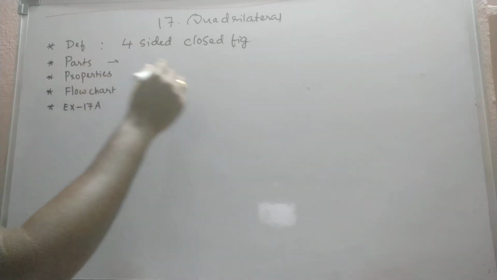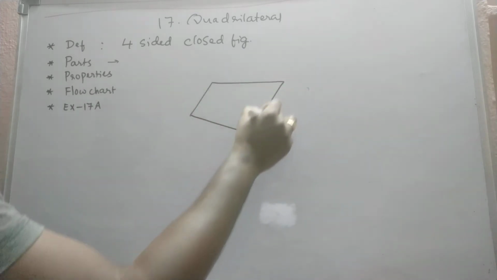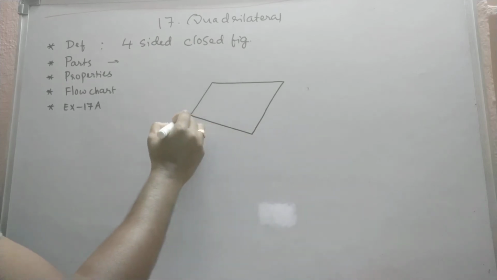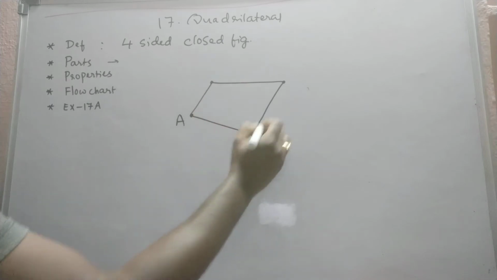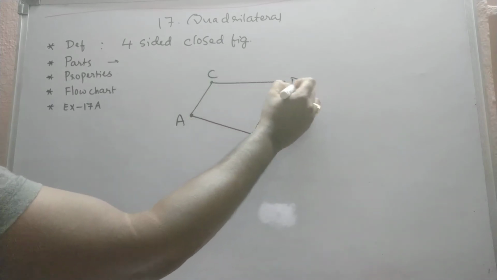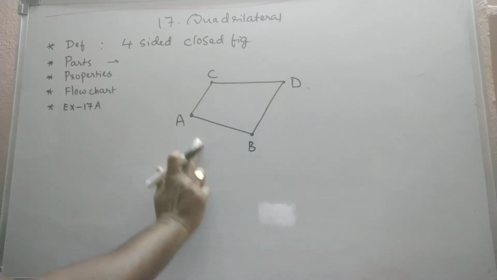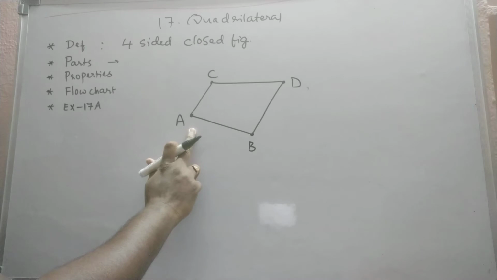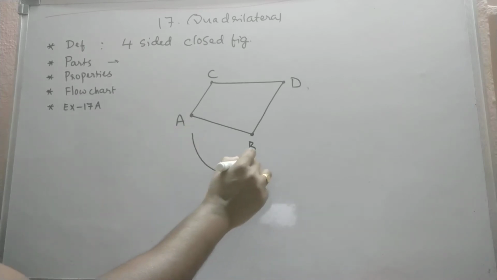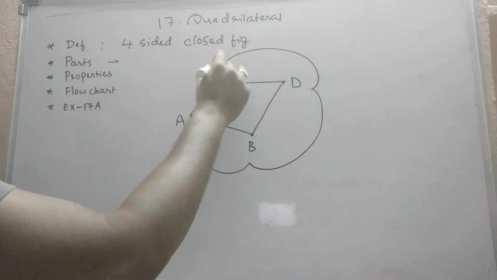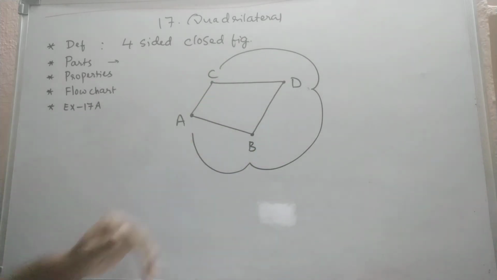And what are the parts of a quadrilateral? I have taken a quadrilateral here. As soon as I have drawn it, I have 4 vertices, A, B, C, D. Remember children, I should not call this quadrilateral ABCD. When I am going in one direction along one path, my journey starts at vertex A and the next vertex should be B. Then I have to visit D, then C. So this quadrilateral is ABDC, not ABCD, remember.